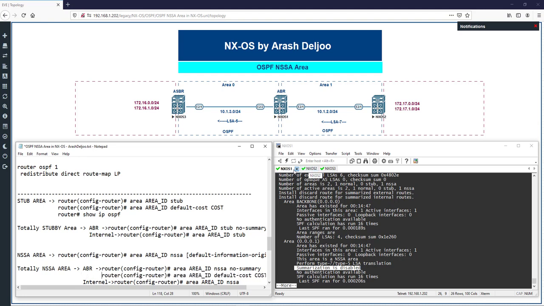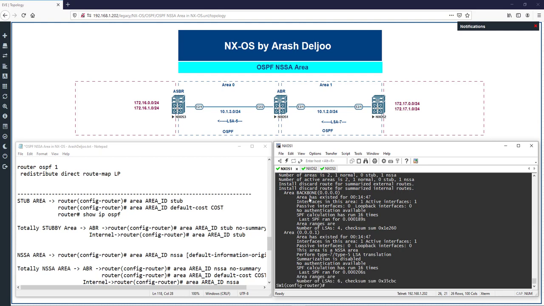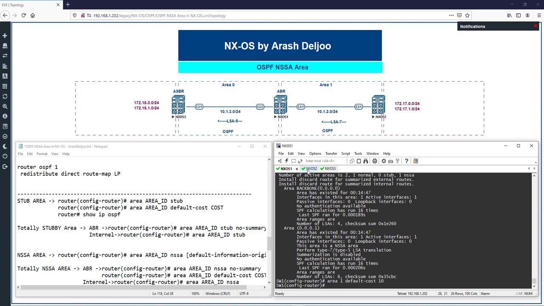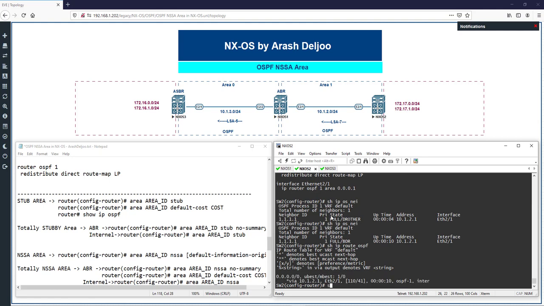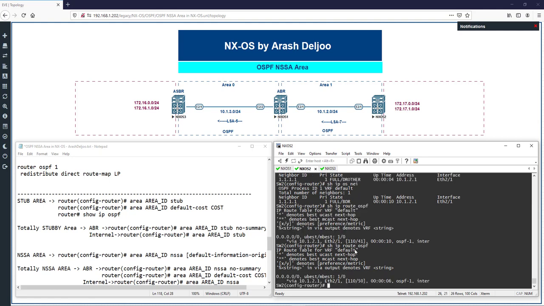Let me show you here. In the NXOS1, I'm using the area ID, the default is 1, area 1, then default cost, for example, 10. Okay, let me check the NXOS2, the switch. Show IP route OSPF. Now we have the cost of 50. Why? Because 10